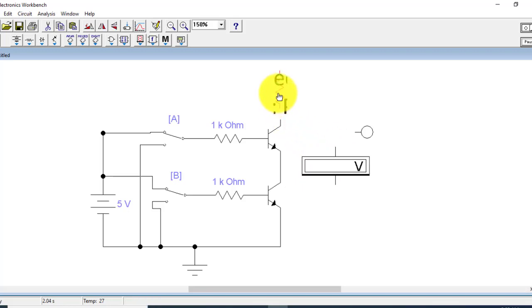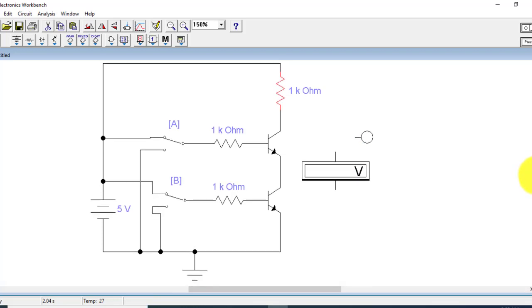I will move the resistance a bit upward, because if I connect the voltmeter at the node, it will disconnect the other terminal. So I have connected the voltmeter between the collector terminal of the first transistor and the ground, and I will connect the probe here.